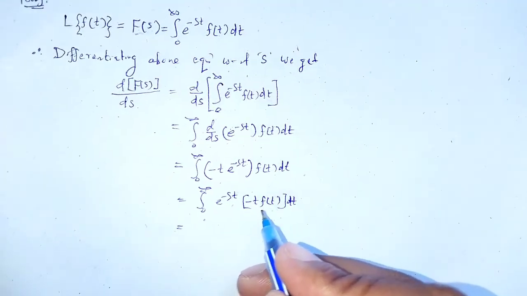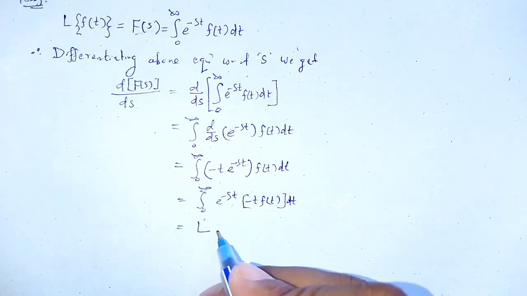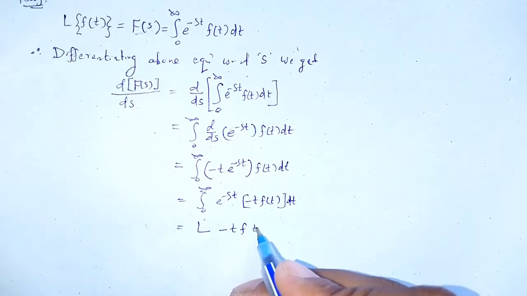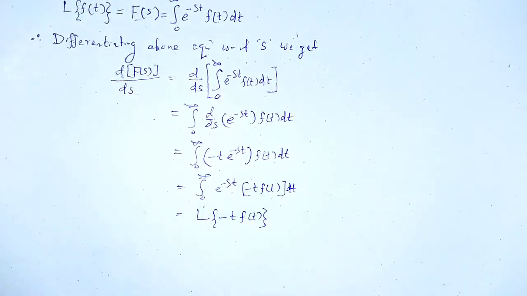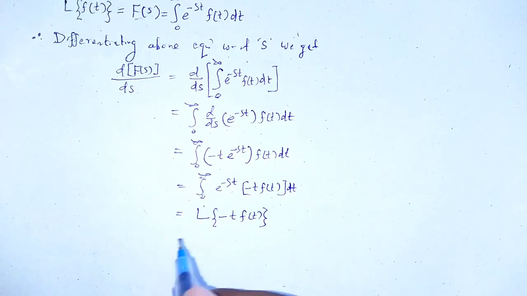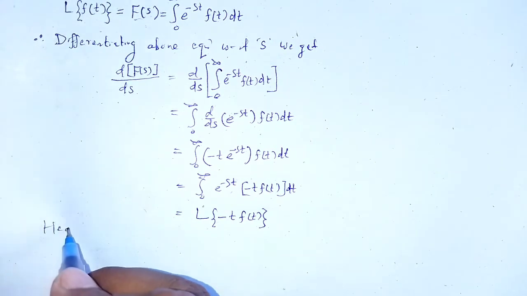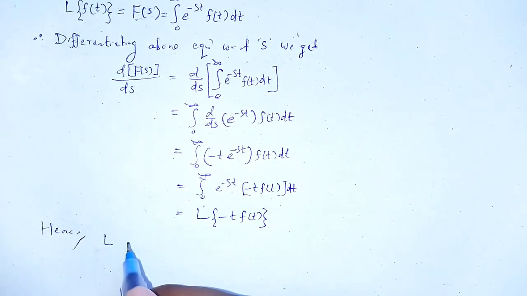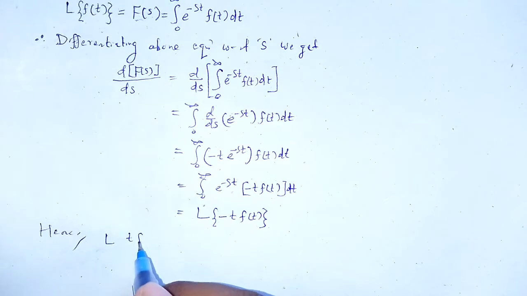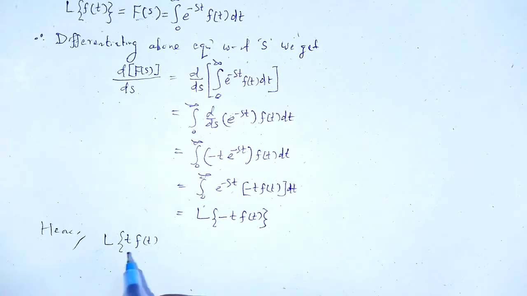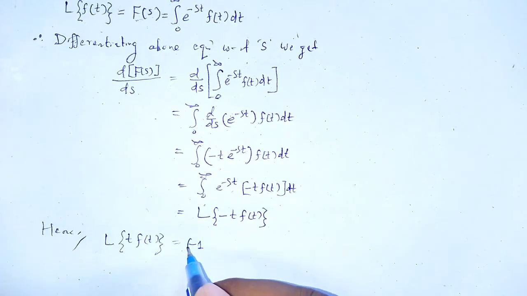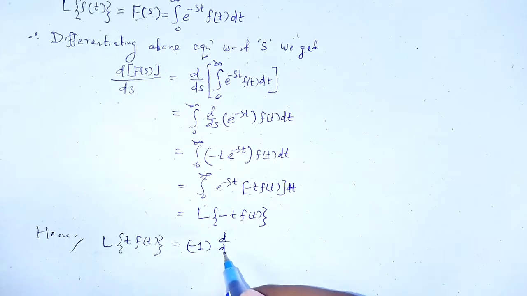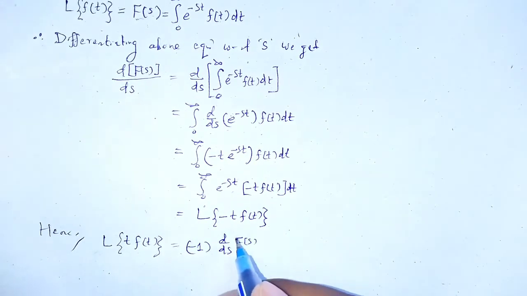From the definition of Laplace transform, that is the Laplace transform of minus t f(t). Hence, we write the Laplace transform of t f(t); that negative sign is multiplied, we have minus 1 d by ds of F(s),